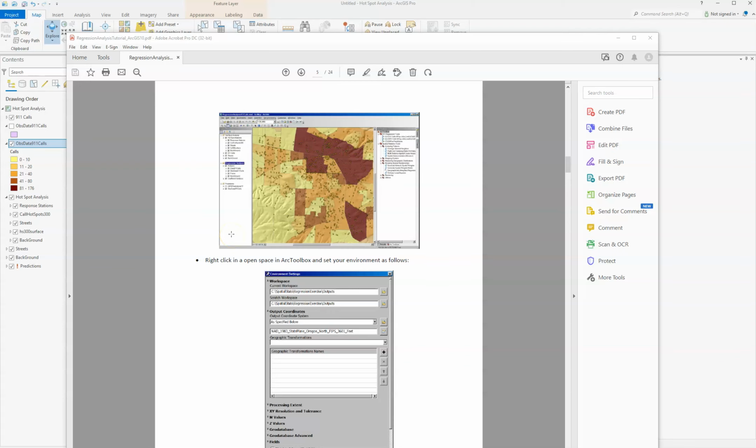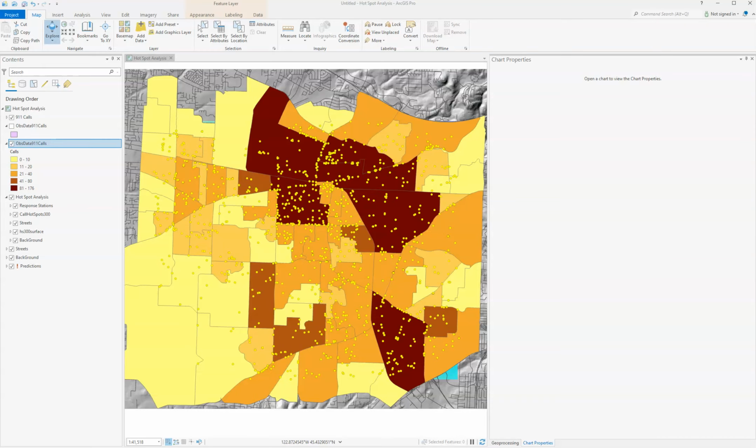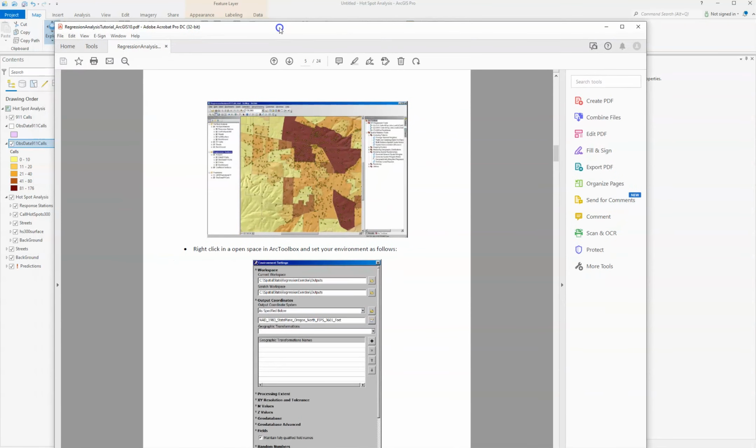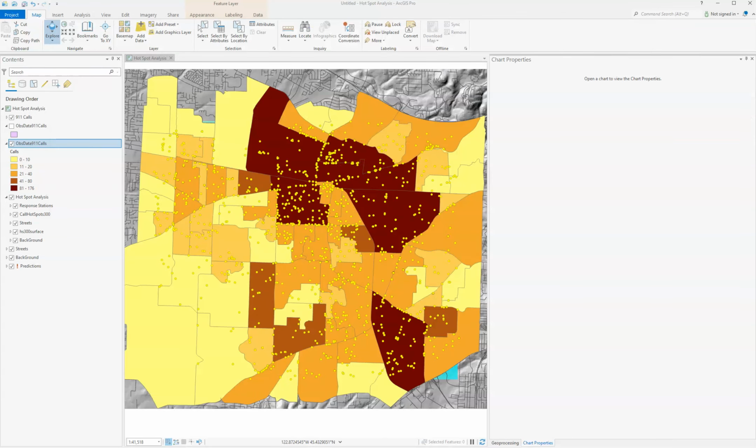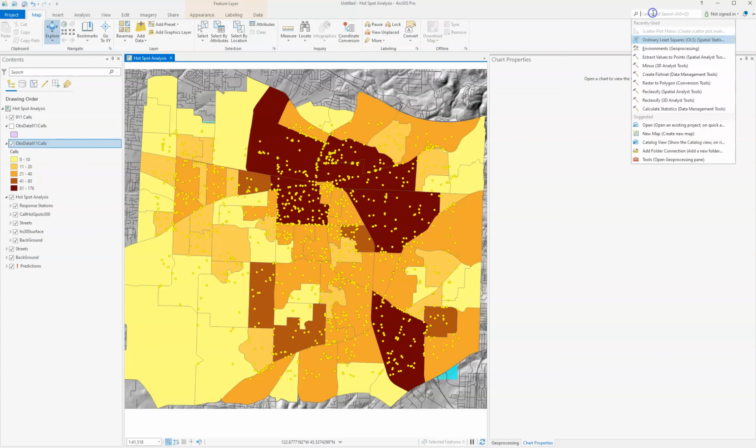Okay, now that we've got ArcGIS looking as it should, it now starts to talk about setting the environment, right? Setting the workspace environment as follows: right-click in an open space in Arc Toolbox. I can't exactly remember how I did this, but I think I just typed up here in the command search,